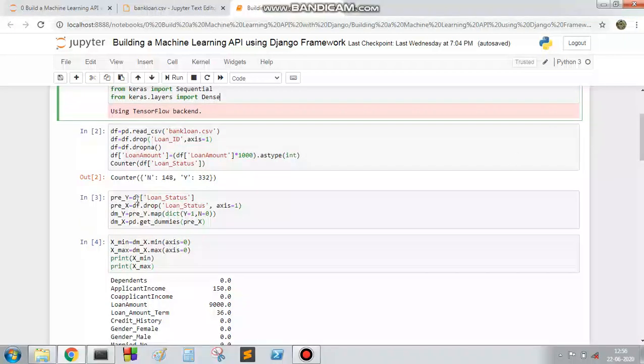Here we are taking the column loan status as our target value, namely pre-Y. We drop this loan status from the main pandas data frame, and after dropping it we get the necessary input features, pre-X.